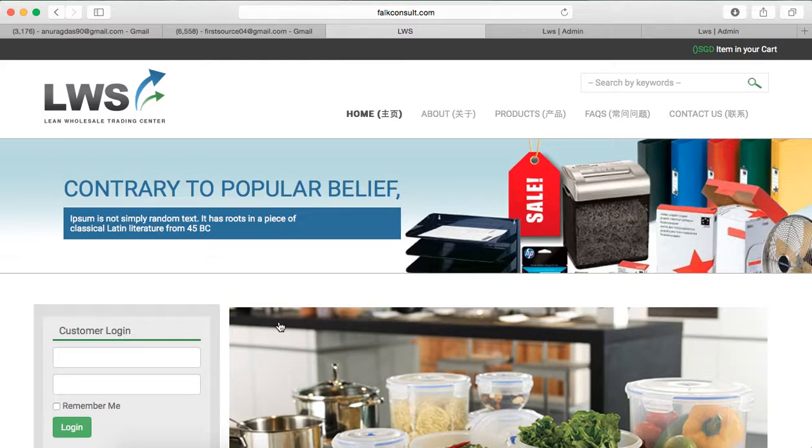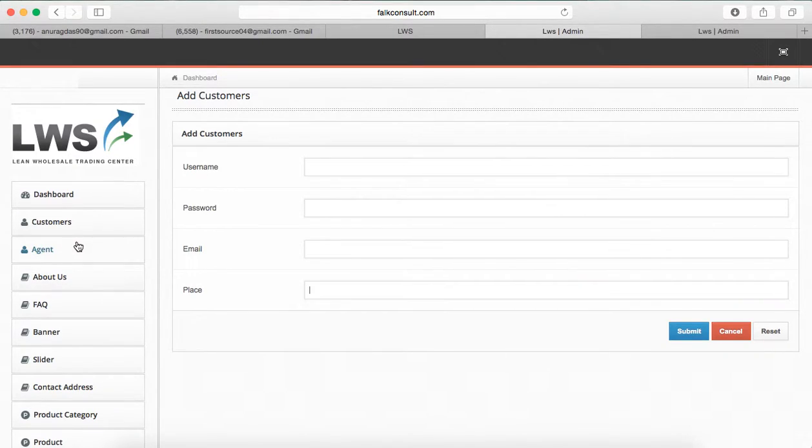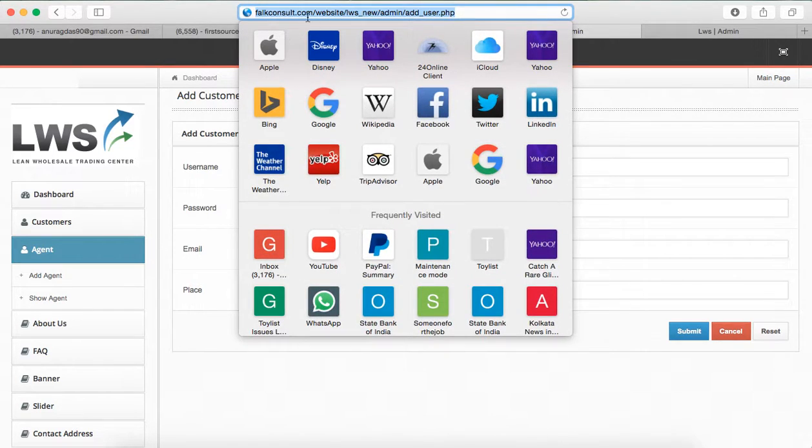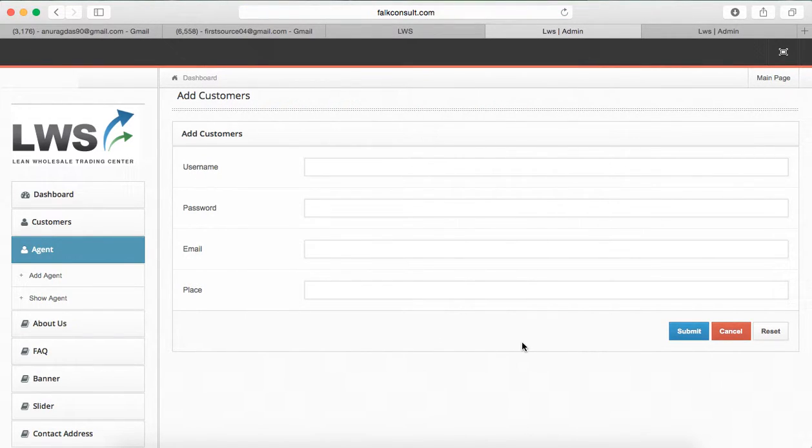So first of all, the client can go in and add agents. This is because the first and foremost thing that they need to do is add agents. When they add agents to the site, they can go to the back end of the site using this link. This is the demo link, /admin. Whatever the link is, after that /admin, they will be told to log into the system, where they can log in using the username and password SASA. Once they log in, they can see a tab called agent, add agent and show agent.